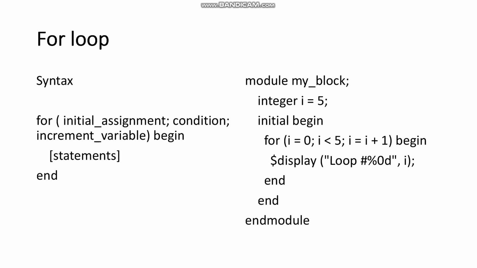Next important loop is the for loop. The syntax is the same as the for loop you use in the C programming language: the initial assignment, next the condition, and after that we do the update. Okay, this is the syntax of the for loop. I am writing the for loop code here, one of the